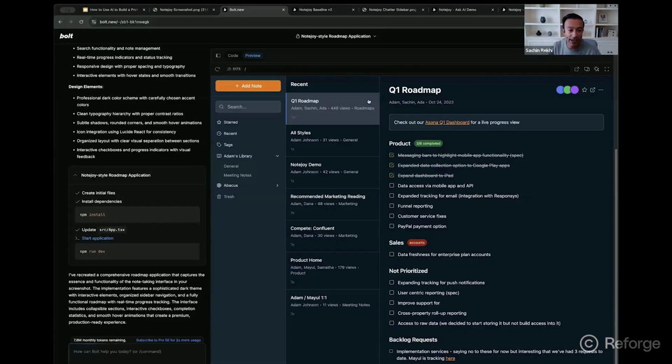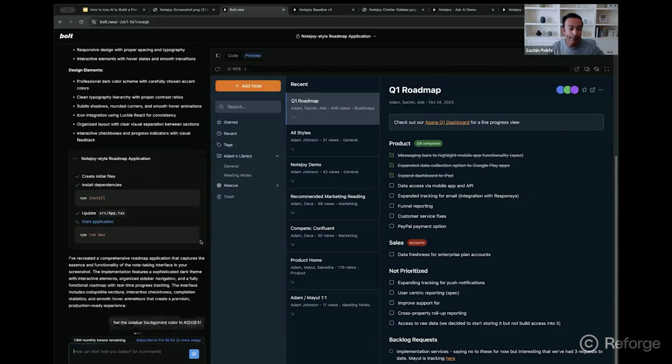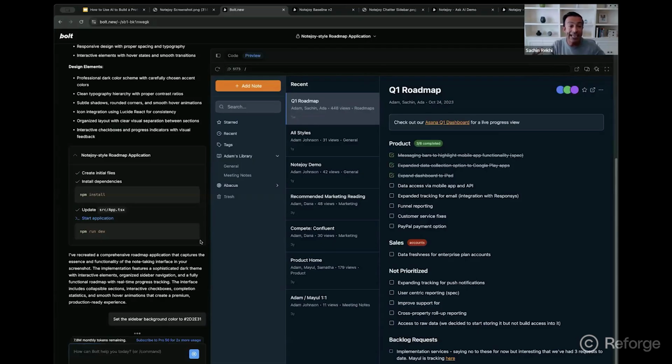Now, there's a couple of interesting prompts you can do to do this, but let me show you simple things. If you notice, the sidebar background color isn't exactly the background color of the application. So I can start giving it instructions like this, which is let's set the background color to the specific hex color of the background. Maybe I know this because my design team told me this. Maybe I just go to my application and inspect it in Chrome to get that. But I can now go fire it off and have it make those incremental changes to improve the baseline that we're starting with here. So it's going to fire off, go make that change for me.